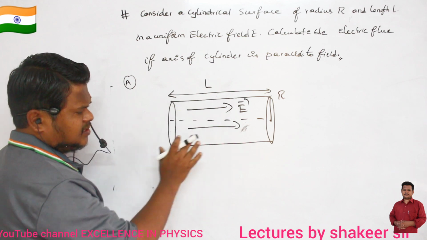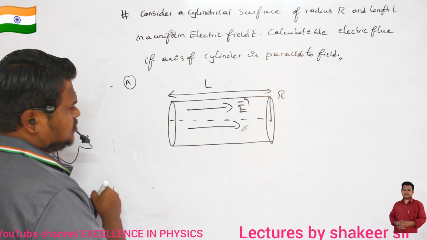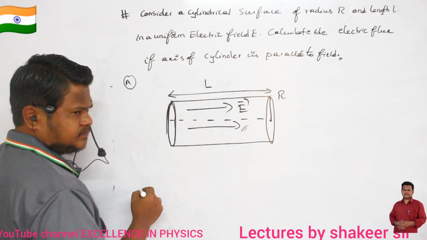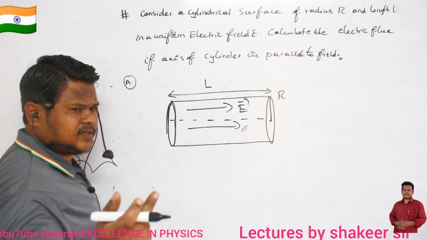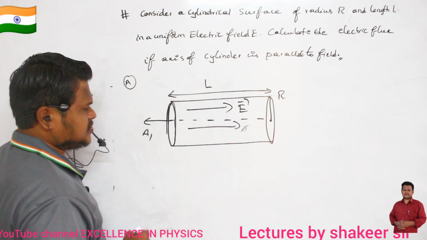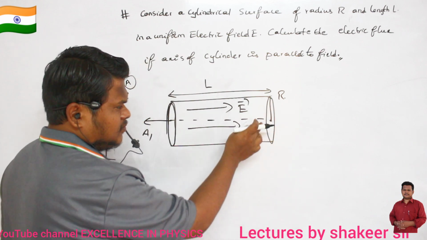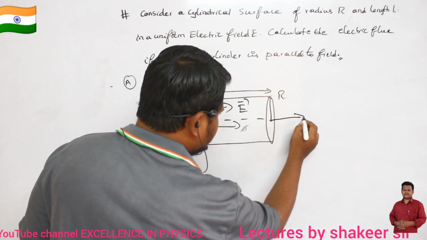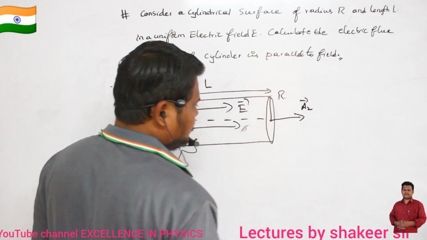See, this total cylinder, I can divide this one into 3 surface areas, no? So, one is this end cap, which is in the form of a circle. This is one area, no? And what is the area direction of this one? Area direction will be always outward drawn normal, no? So, this is the direction of area, A1, let us call it as. Clear? Similarly, I have one more end cap now here. Clear? What is the direction of area of this one? Again, outward drawn normal. This is the direction of area. Are you able to understand? Let it be A2 dash.